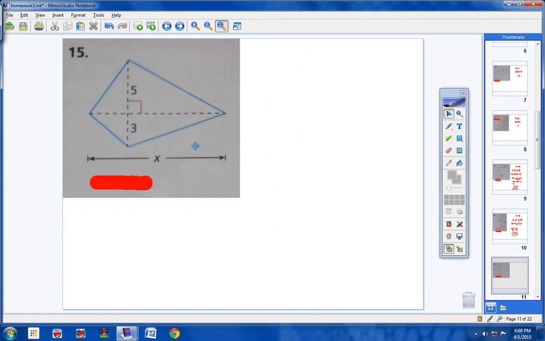Alright, number 15, we have a kite. Excuse me, we do not have a kite, I apologize. We have a quadrilateral in which the two diagonals are perpendicular. So we know right away the formula that we're going to use is going to be area equals